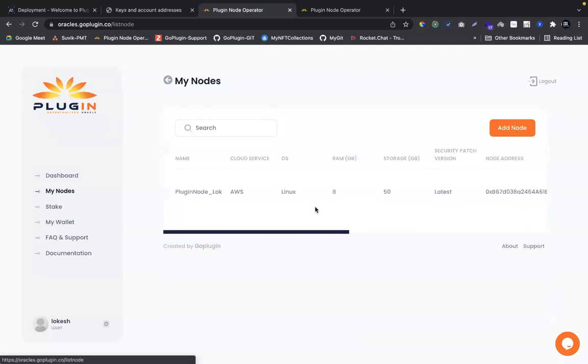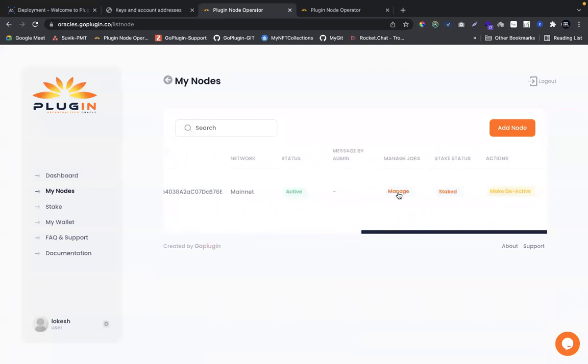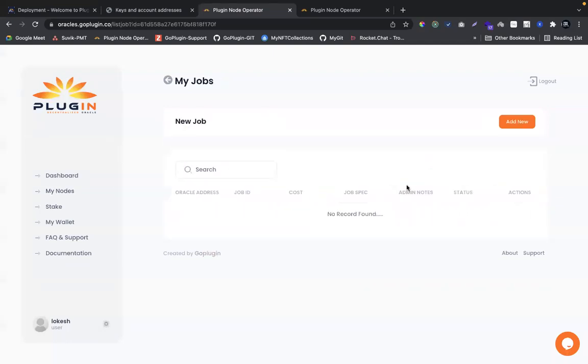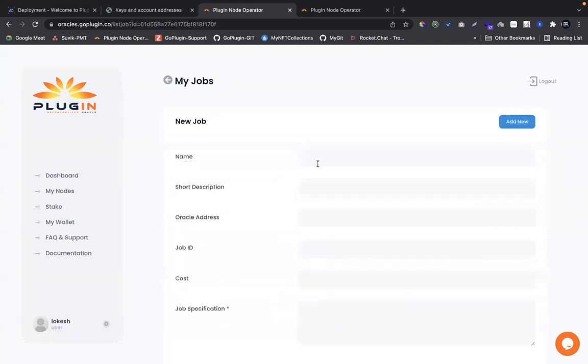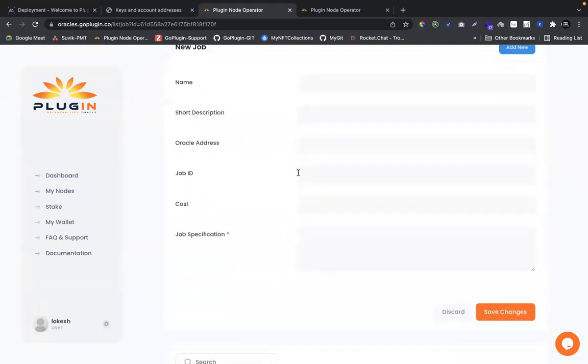I'll go to my nodes, go to the manage section, click add new. You can see the job details can be added here. I'll say alarm clock job. This job will help you to trigger an event on a specific time period, like that.